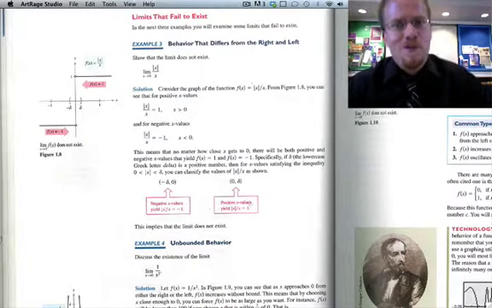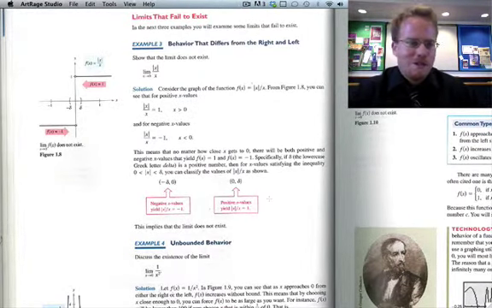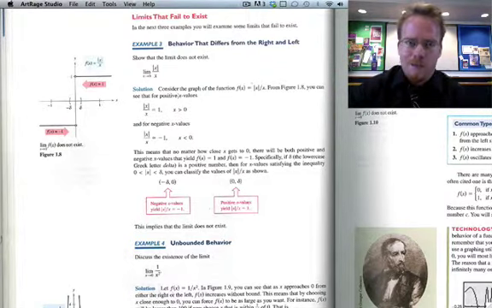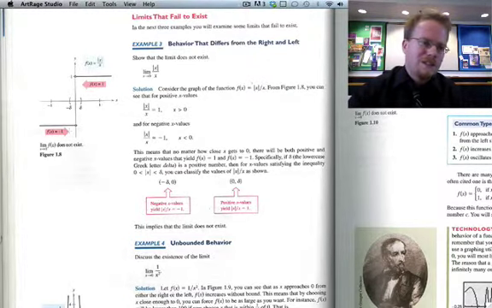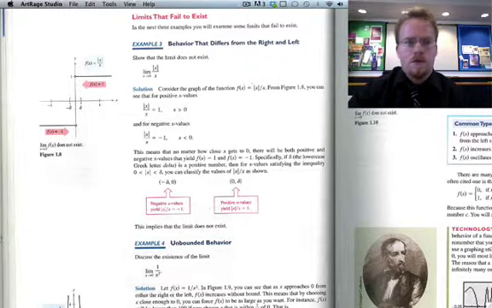Alright, and before we finish up, let's look at some ways that the limit can fail to exist, because that can happen too. So take a look at the first function. We want to know what is the limit as x approaches 0 of the absolute value of x over x. Well, if we graph this thing, we see that we get basically like two straight lines with open circles on the end. And when we're on the right side of the origin, we always get